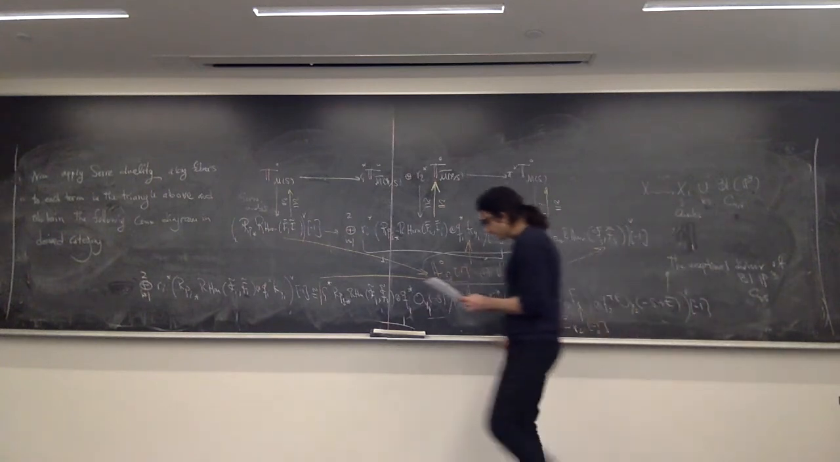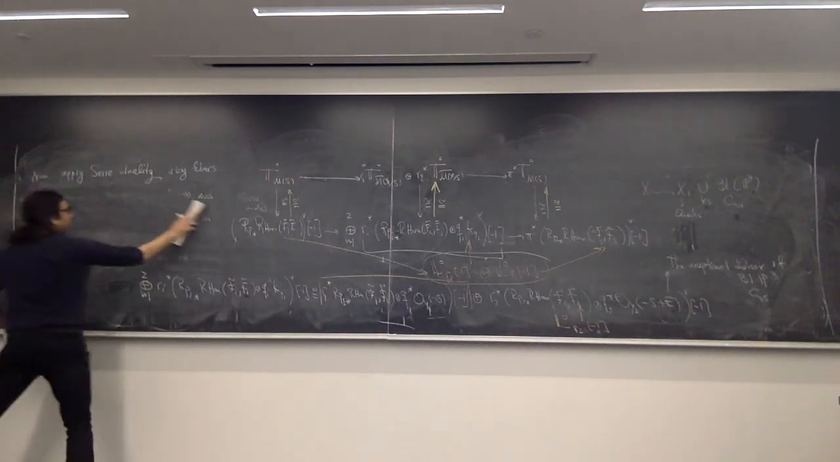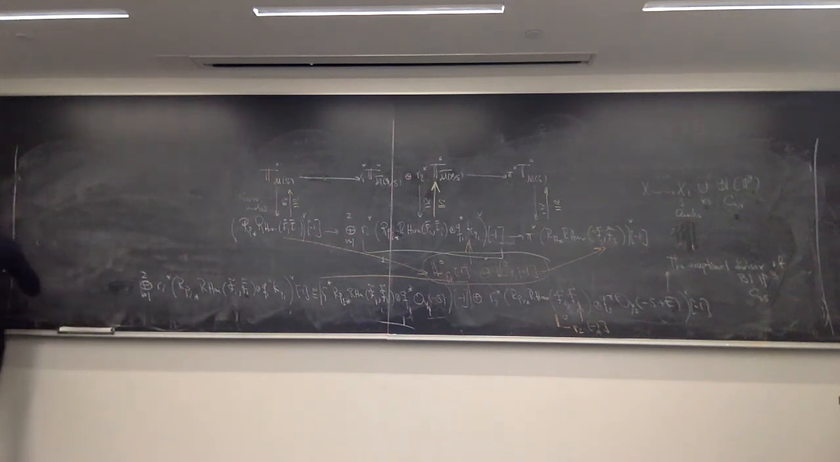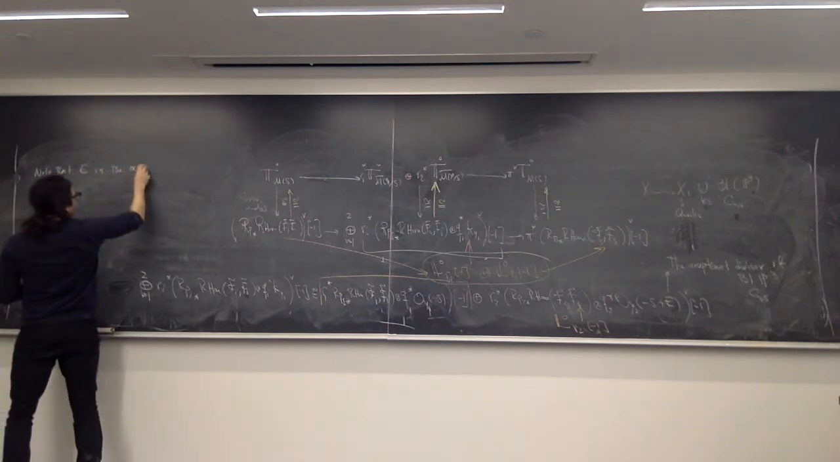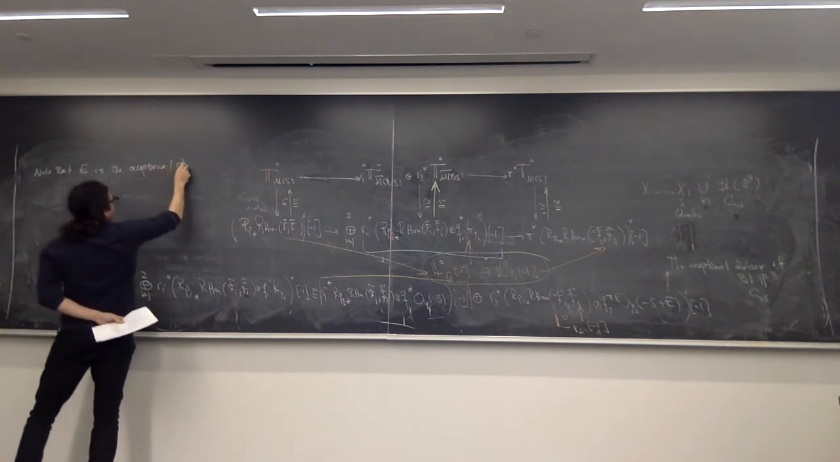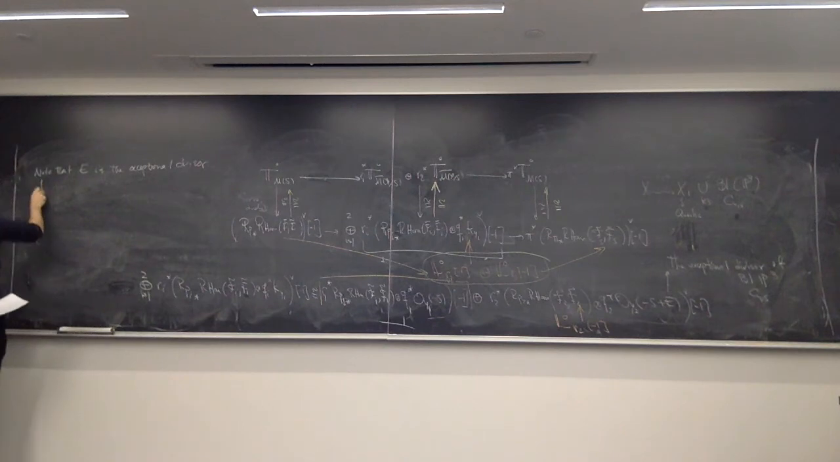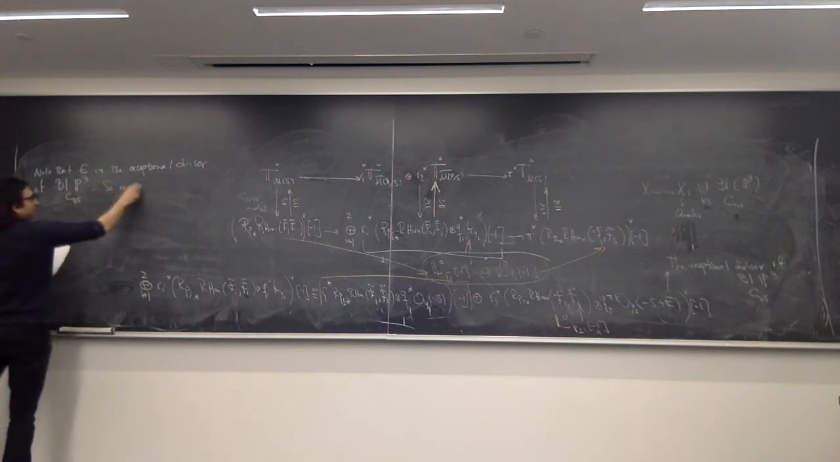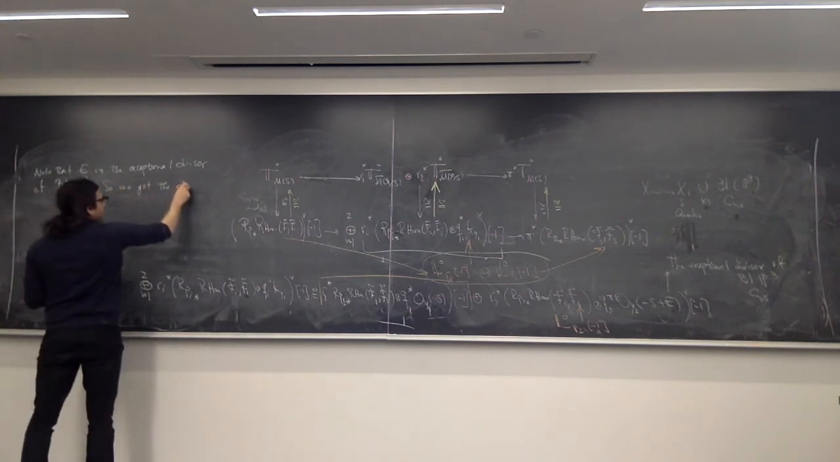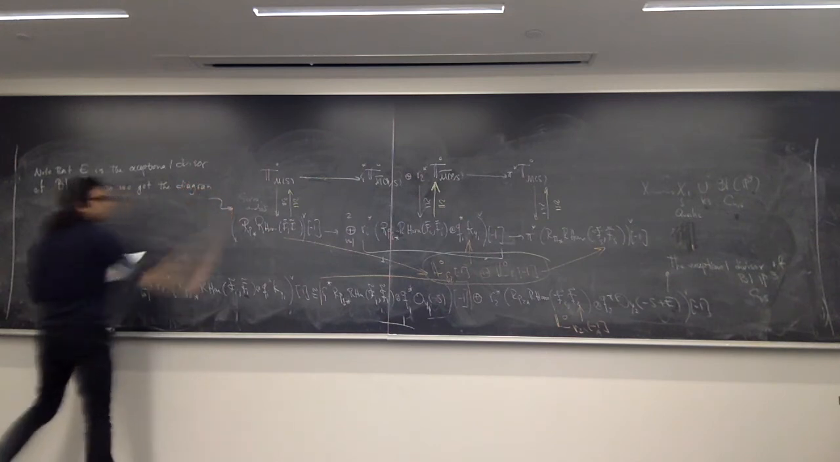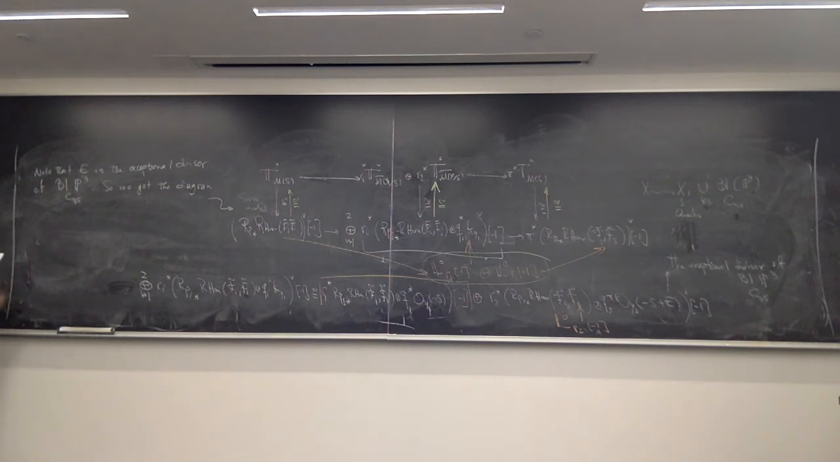So note that E is the exceptional divisor of the blow-up of P3 along this curve, exceptional divisor, and so we get the diagram as I have written here, okay, where